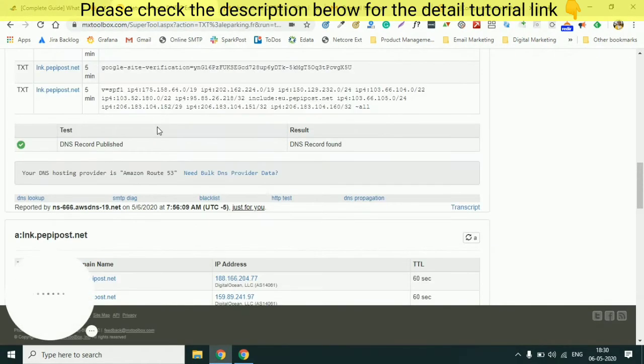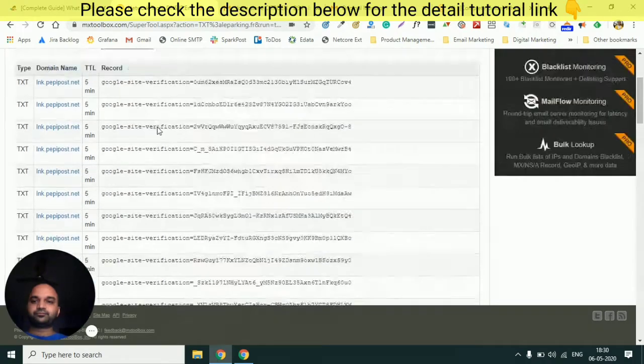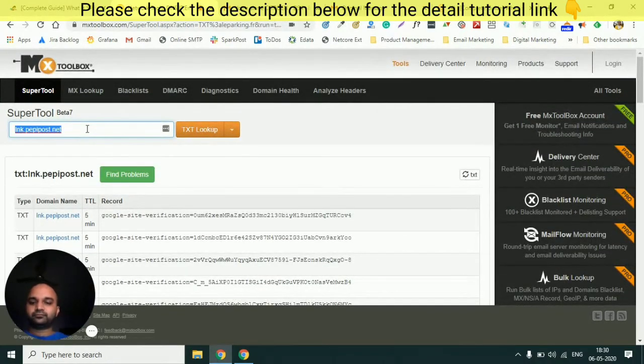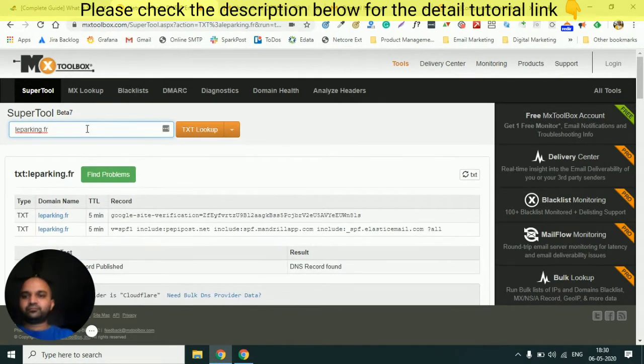Let's take an example: leeparking.fr, who already has one SPF record in his TXT, wants to use a new service provider known as abcemailcenter.com.